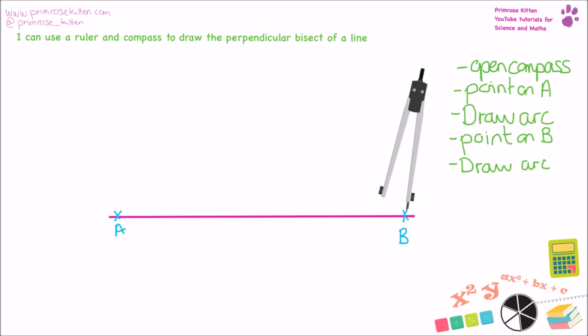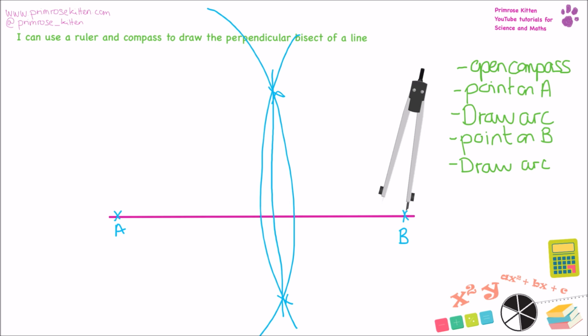If you want to draw a perpendicular bisector of a line, you need to open your compass really wide. And we're going to start by putting the point of our compass on A over here. What you need to do is draw a big arc that goes around like this. Switch your compass point so it's over on B. Again, draw a big arc from B. And then this point and this point here are the points that are important. You need to join these two up